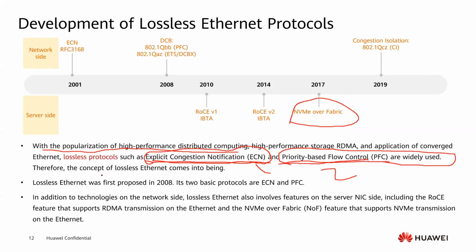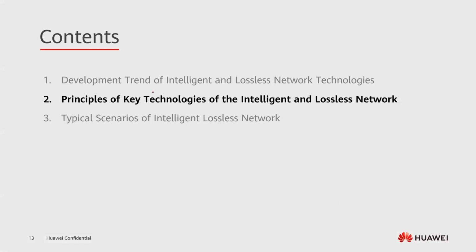Widely used. Therefore, the concept of lossless Ethernet comes into being. Lossless Ethernet was first proposed in 2008. Its two basic protocols are ECN and PFC. In addition to technologies on the network side, lossless Ethernet also involves features on the server NIC side, including RoCE, a feature that supports RDMA transmission on Ethernet, and the NVMe over Fabric (NoF), a feature that supports NVMe transmission on the network. Okay, let's say this is about why we need